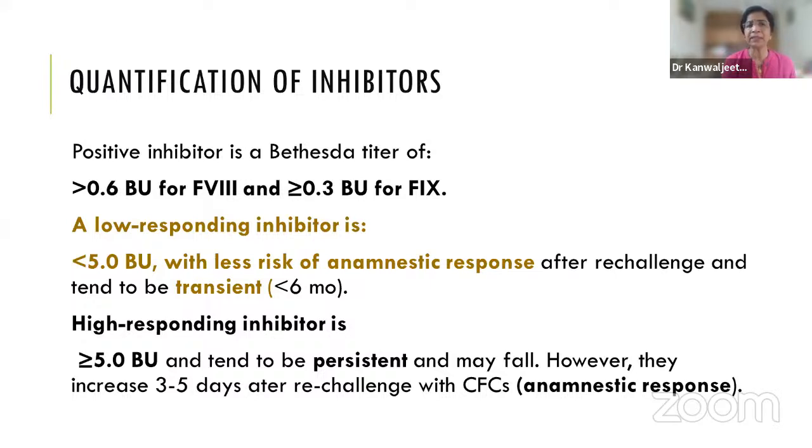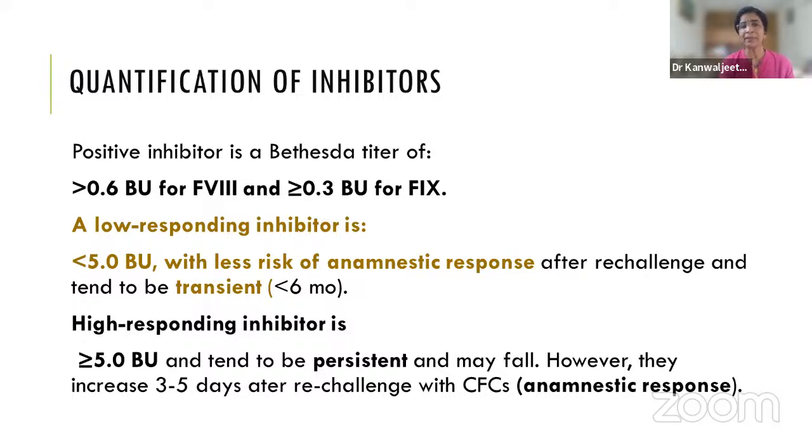We don't say it as low titer inhibitor, we say low responding inhibitor because these patients are less likely to have a peak of inhibitor after administering a dose of factor 8. And that is how they are managed. We'll come to the management. They tend to be transient, that is, they tend to disappear within 6 months. They may not disappear, but still there is less risk of anamnestic response, and that is why they are called